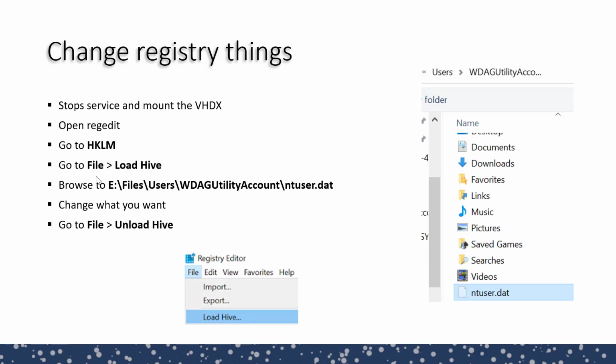You can also change registry settings on the default Windows Sandbox. For instance, to change the Windows desktop background, to change the Windows PowerShell execution policy, etc. For this, on your host computer, open regedit, go to HKEY_LOCAL_MACHINE, go to File, Load Hive, and browse to the